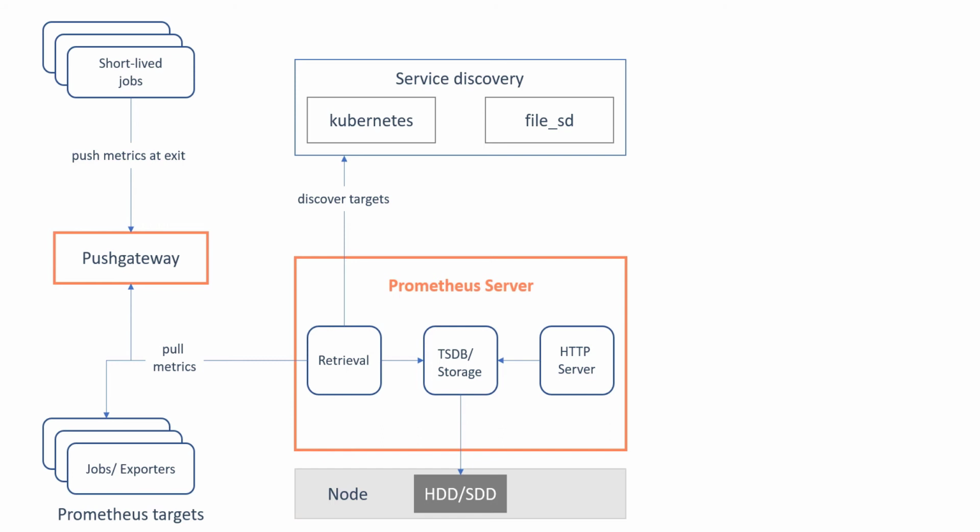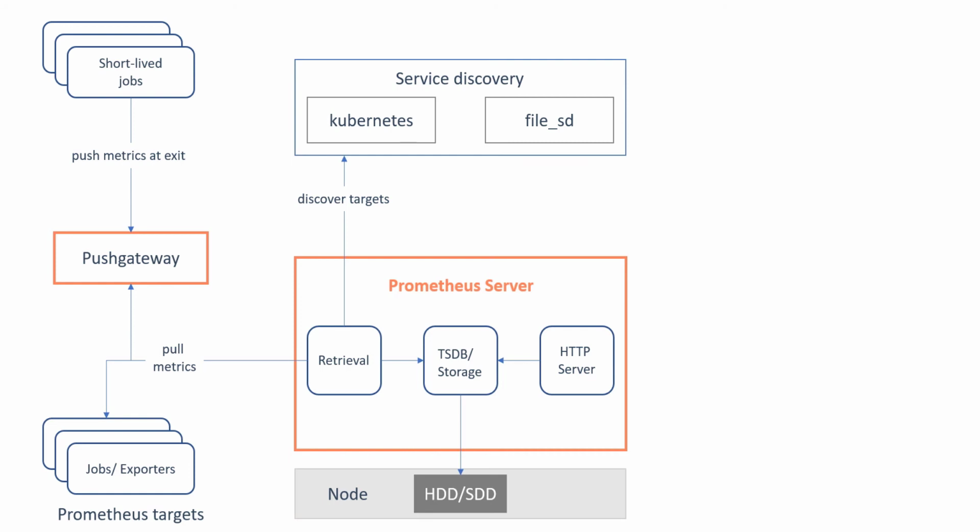So the other way, for these kinds of dynamic environments, is to use service discovery, which is also the recommended approach. Actually, in real-time environments, you probably would know that we have some inventory database of our applications and machines. These inventories may be based on DNS, Kubernetes, Consul, EC2. Now, Prometheus has integration with these common service discovery mechanisms. So whenever a change is made in the inventory, like if a node is added, since Prometheus has integration with the inventory, it would add that node automatically as a target and start scraping it. Great. So these were the Prometheus architectural components that help in pulling and pushing the metrics from target nodes.